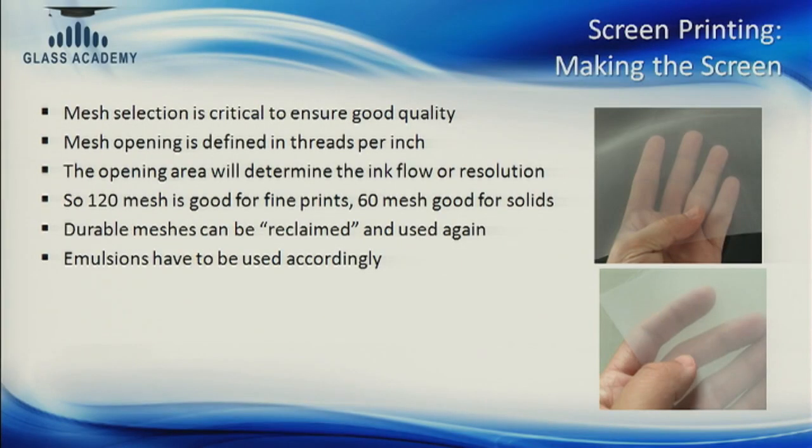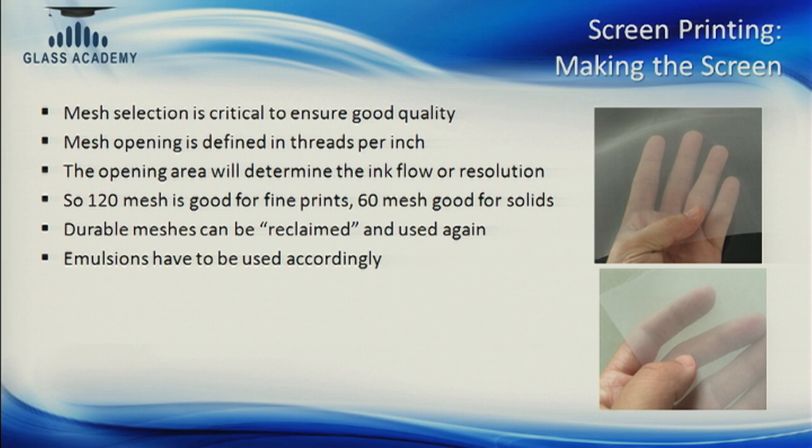When we start the screen printing process, we have to select the mesh. So the mesh selection will depend on the pattern that you're going to print. So certain patterns will have a very fine print, and there would be others which have large solid areas or areas where there is a lot of ink that needs to be transferred. So based on the design pattern, you have to select a mesh. The mesh can be measured in lines per inch, which is essentially how many threads are going in an inch, and which will determine the resolution of the print that you are going to do.